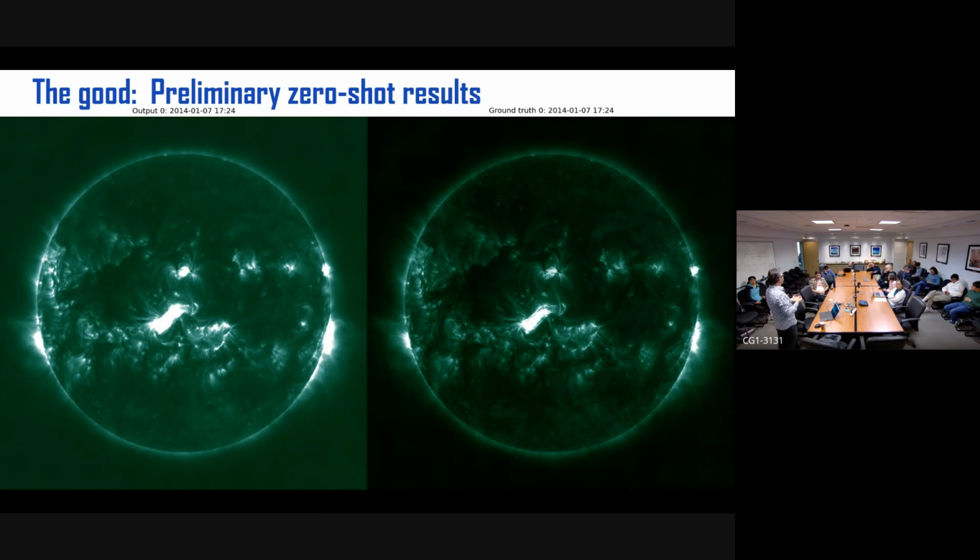Could you do the same for a thunderstorm? The equivalent for this with a thunderstorm would be when you already have the lightning starting, right? Because this here is 2 hours into the flare. This timestamp is the flare peak. So this is 2 hours. Our input is 2 hours before, or 3 hours before maximum. So the flare is already underway.